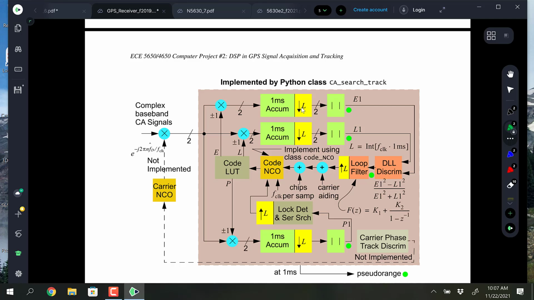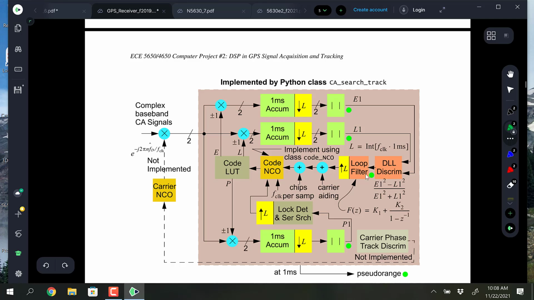So it's called a delay lock loop, which is a different type of detector than you'd see in an ordinary phase lock loop. It's detecting the delay. It's trying to drive the delay error to 0. It's either too early or too late, and that's what the correlators are on top. One's the early correlation, one's the late, and hopefully it's straddling the peak in the middle, and it can just drive it in. And so this delay lock loop discriminator forms this as a non-coherent measurement of energies, difference,